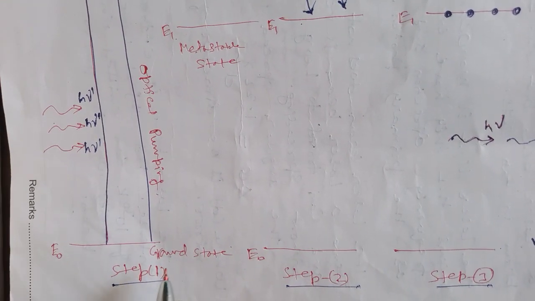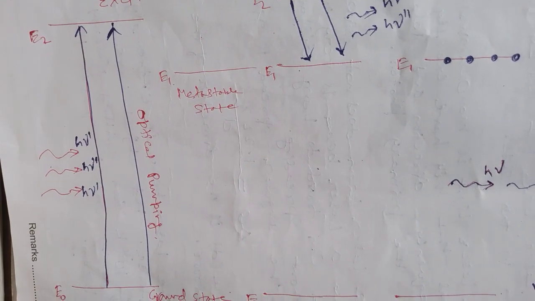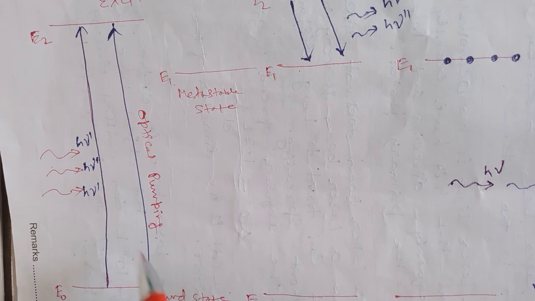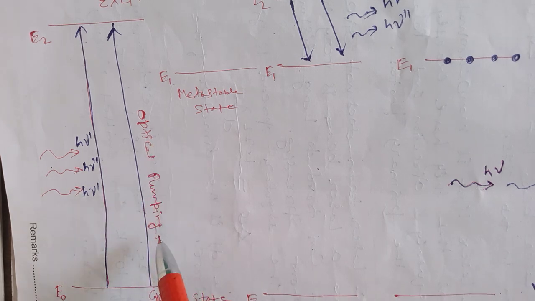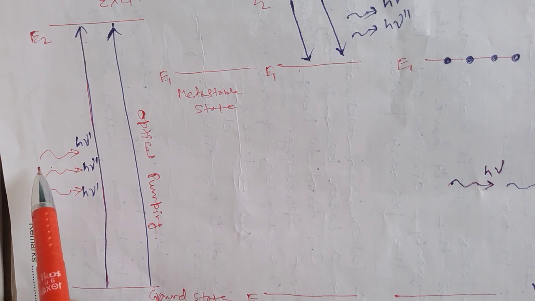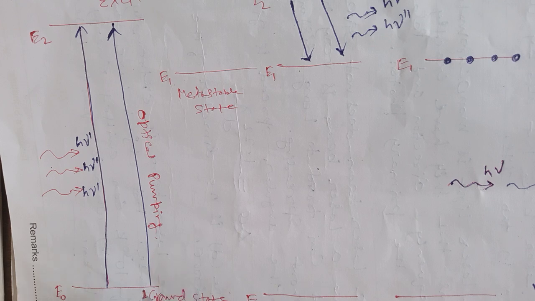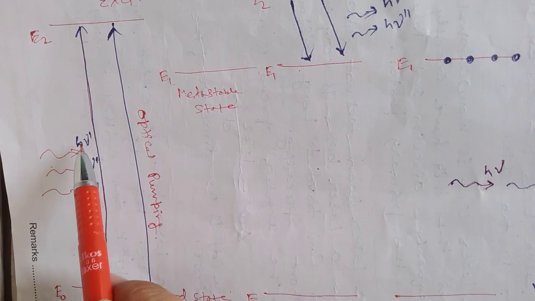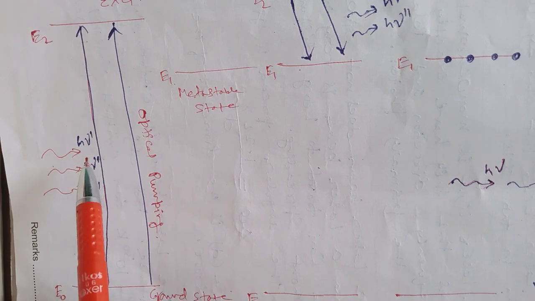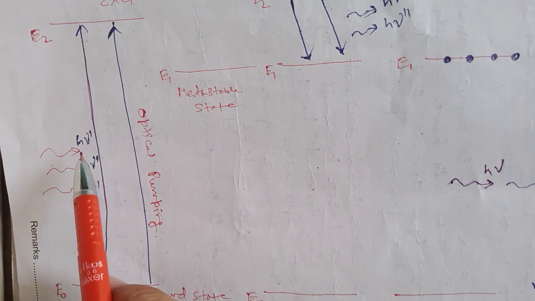In step 1, this is the ground state and this is the excited state. So a number of atoms are pumped to the excited state by the process of optical pumping when a photon of energy h nu dash is incident. So this is the first step, where nu dash is the frequency of incident radiation, h is Planck's constant,